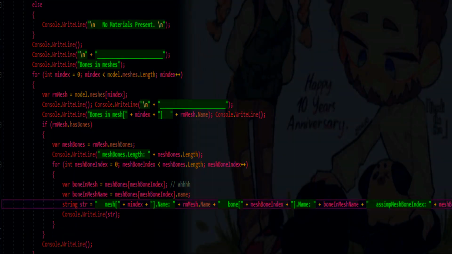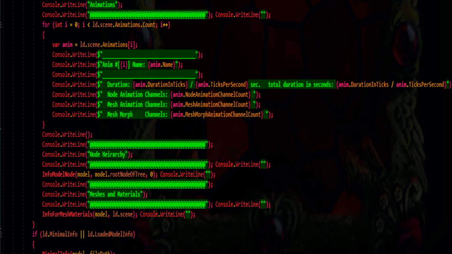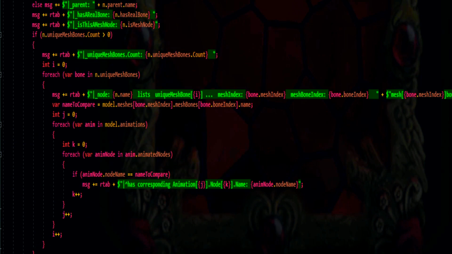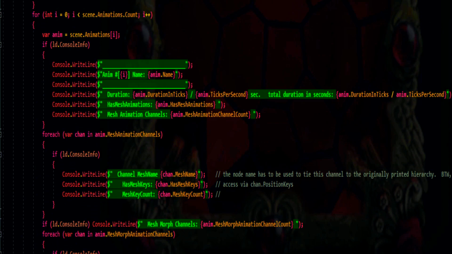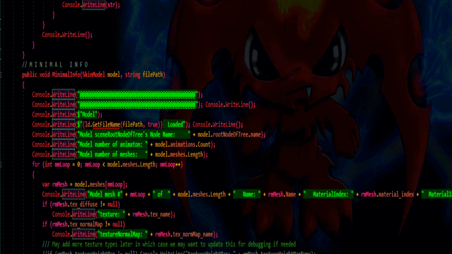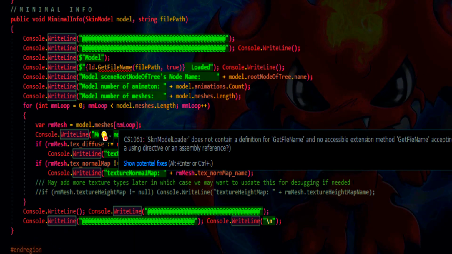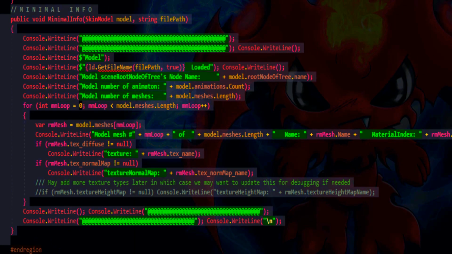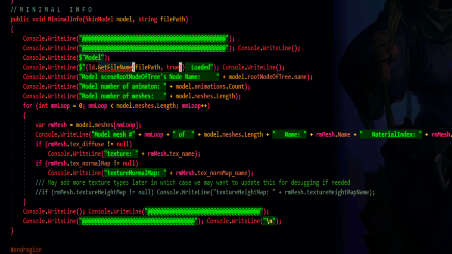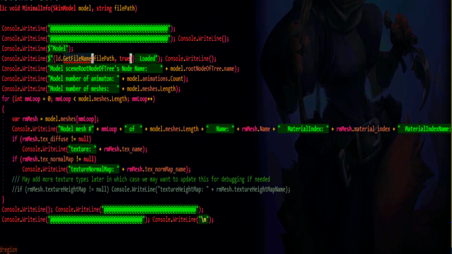So back up in our display info, you may remember that we also had this minimal info thing here. So again, I'm going to skip over this info for anim data for now, and we'll go down here, and we got this minimal info here. So this is probably the only thing we're really going to have turned on. We'll show the file name of the model, we'll show the model's root node and its name, we'll show the number of animations, we'll show the number of meshes, and then for each of the meshes we'll show the mesh